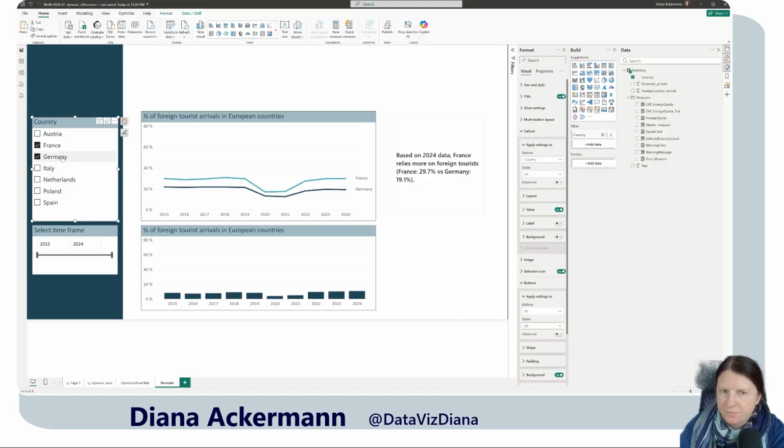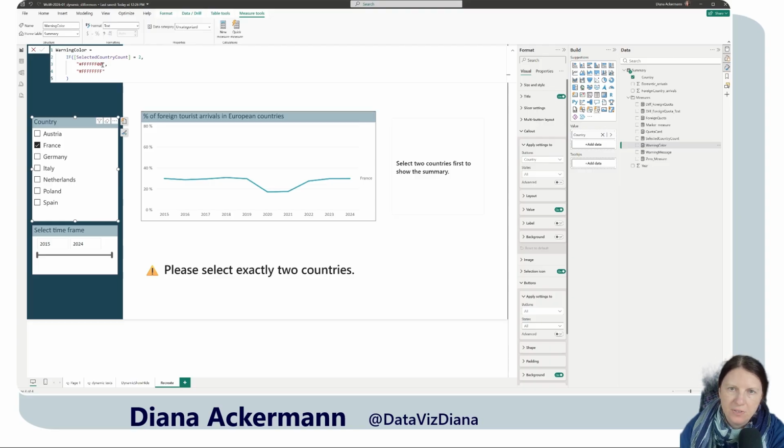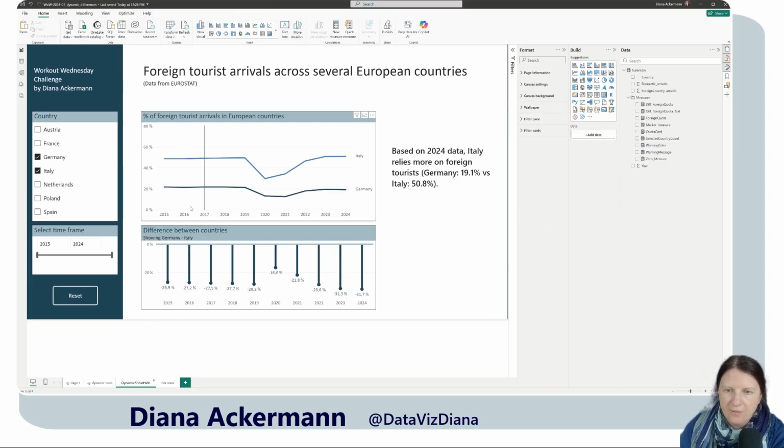So let's have a look at the color. It's pretty straightforward. The last 2 parts of the hex code here can be 00, transparent, or not transparent, and we are making it based on the number of selected countries. So that's basically it. I will do some additional formatting, and then we have the slider,